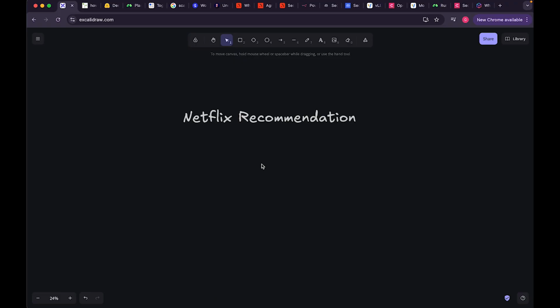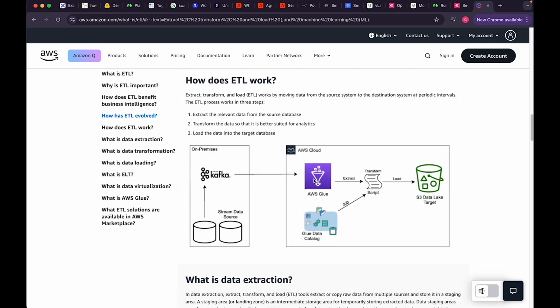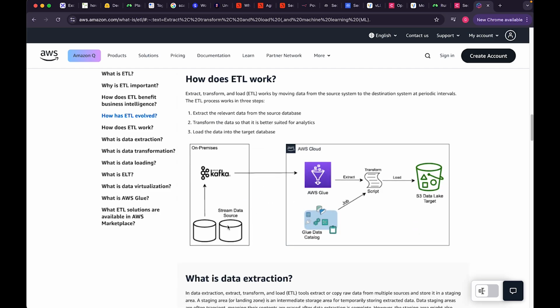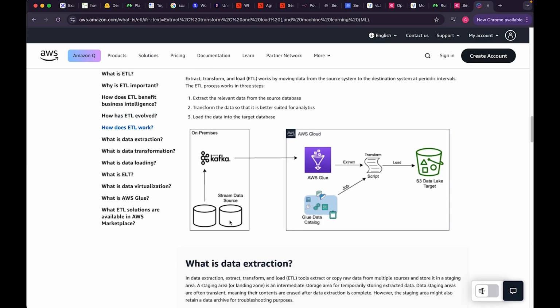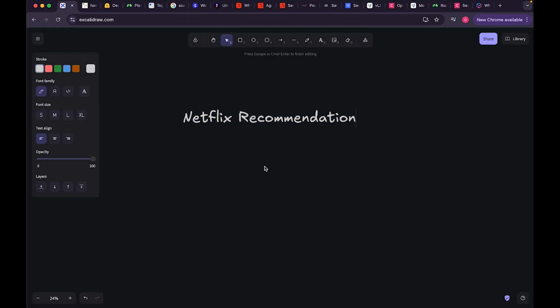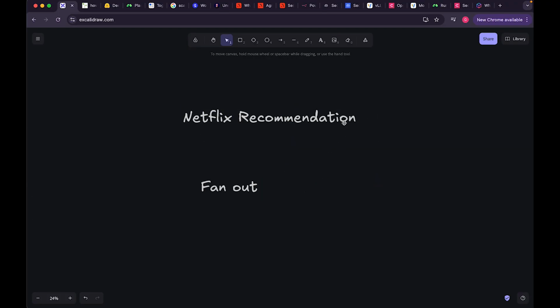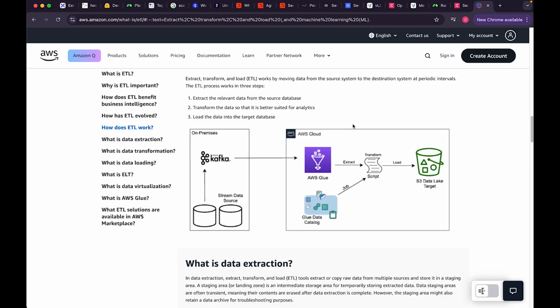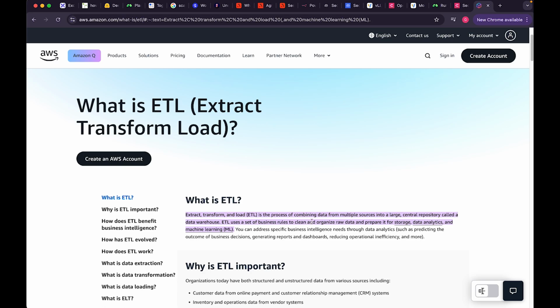are using the Netflix app around the world. Now what we are going to do is get all the information. What they might have done is collect all the information, like how much watch hours, that's the main idea, watch hours, and then what genre and all those things. That would be streamed to a Kafka queue. And then from that particular information, they can use a concept called fan out, which is nothing but from the Kafka queue, they can fan out to clean or prepare it for